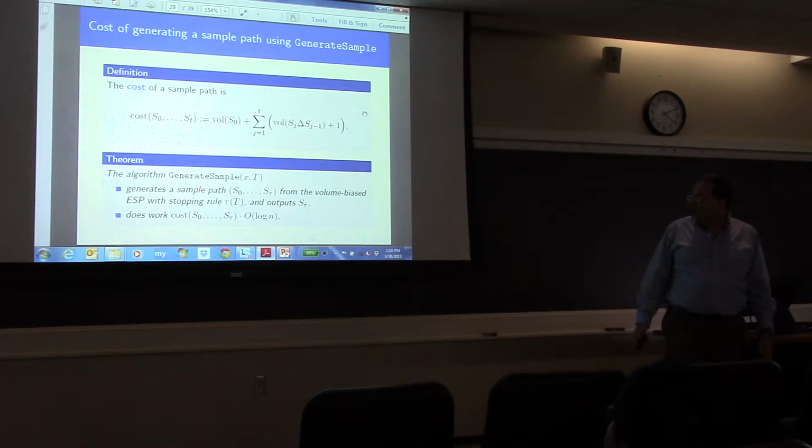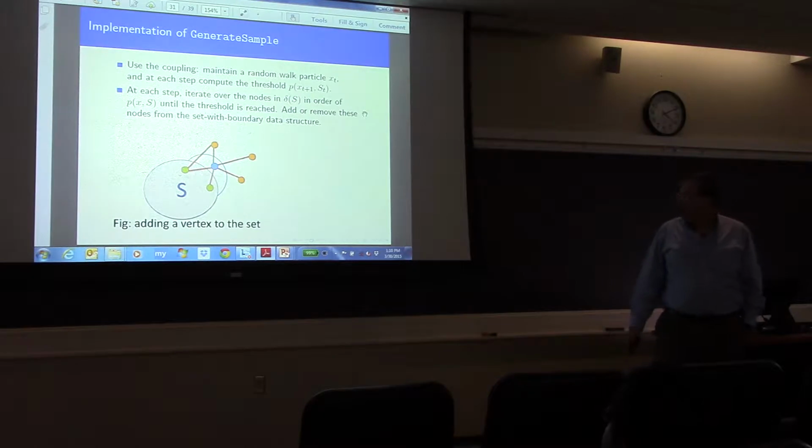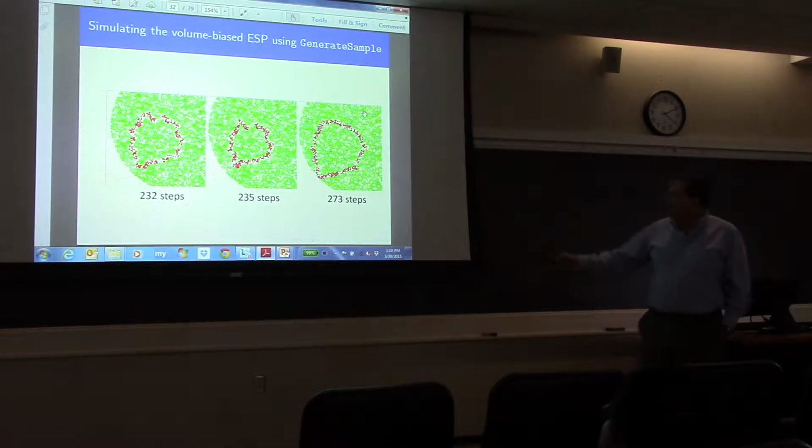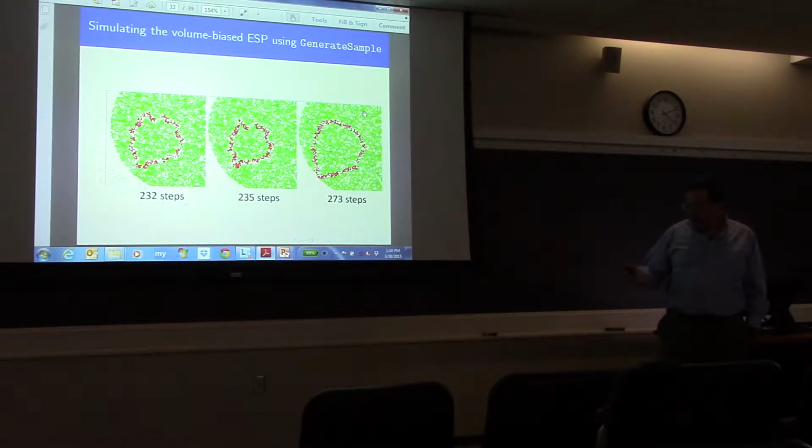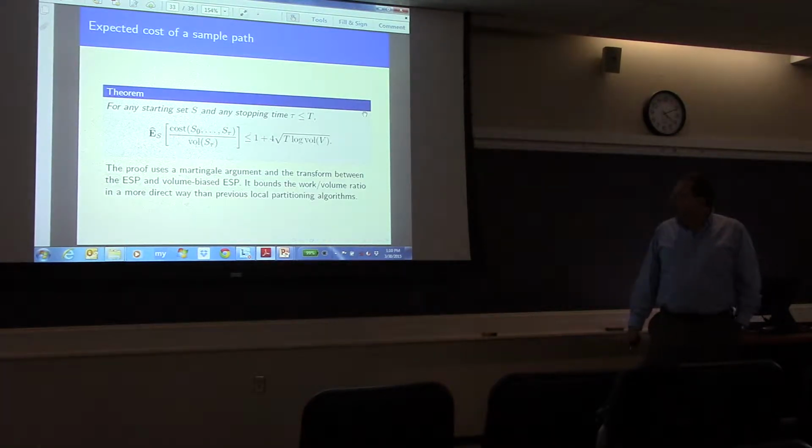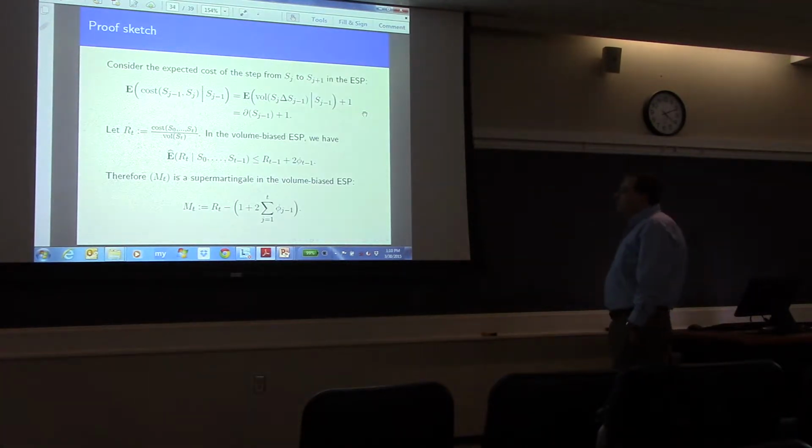structure. So this picture shows what is the data that the algorithm is actually keeping. It's only keeping the data along the boundary and only needs to update that. Okay, I'm going to